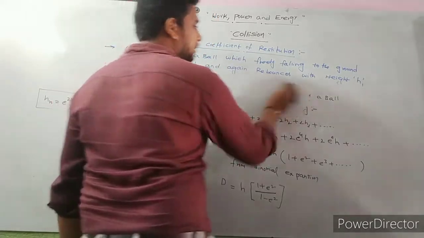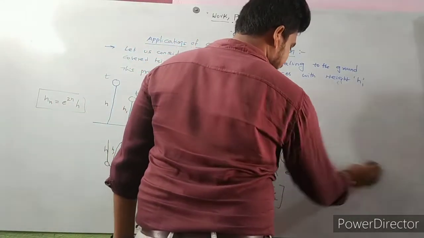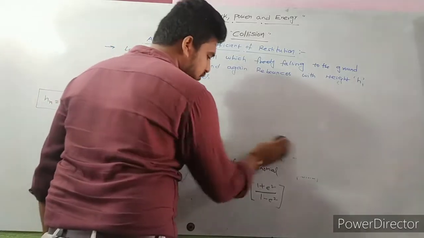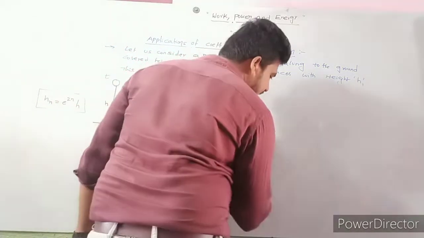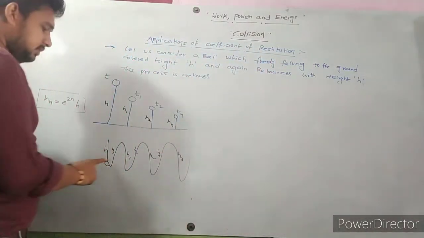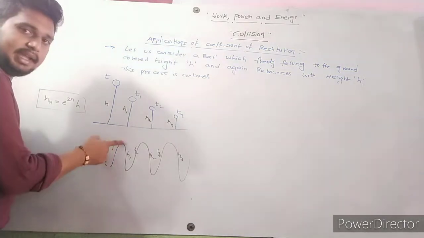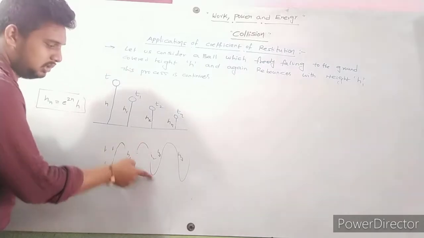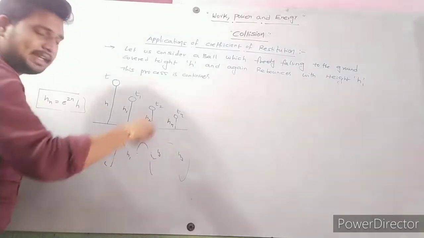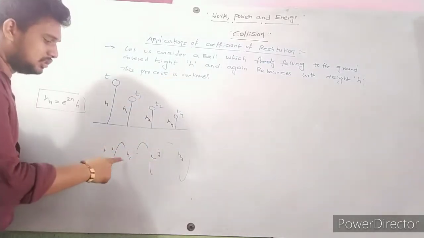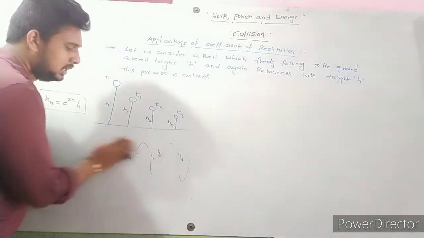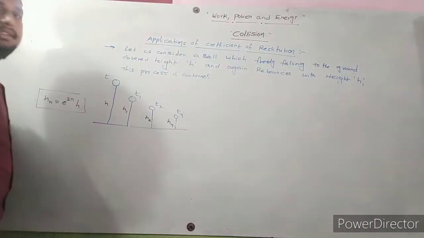Total time taken by the ball. Have you understood or not? Here why are we taking h plus 2h1? Initially it falls and bounces, and again it bounces and falls. So it is a continuous process. That's why we are taking h plus 2h1 plus 2h2 plus 2h3 and so on. And again,